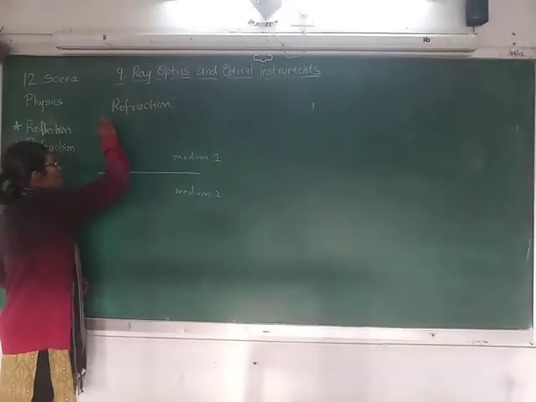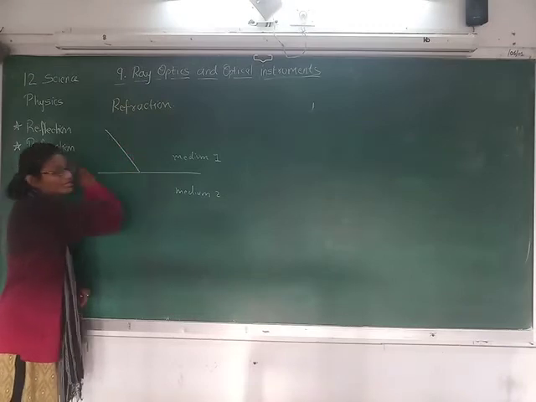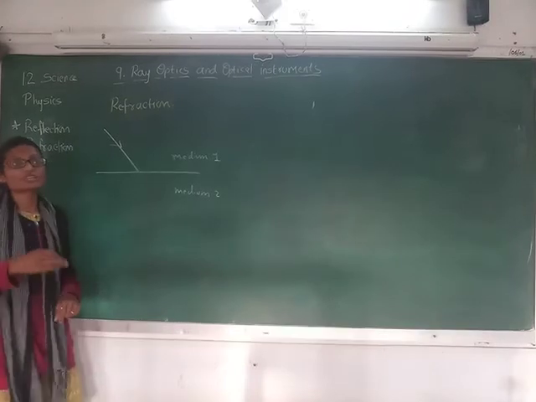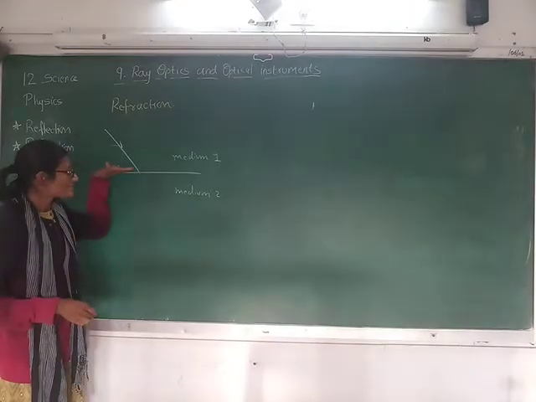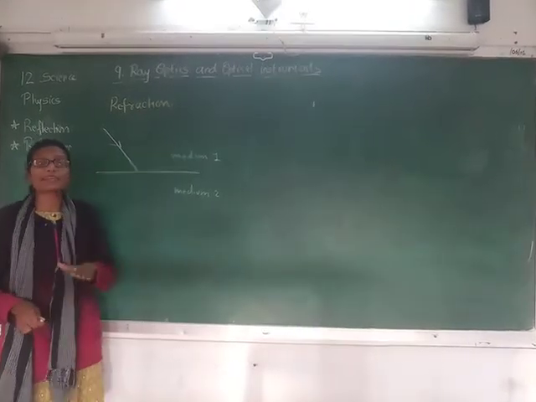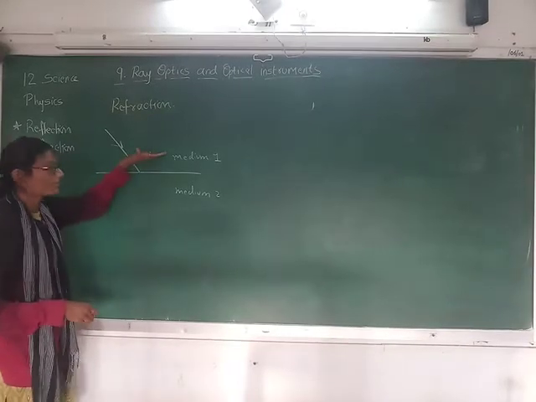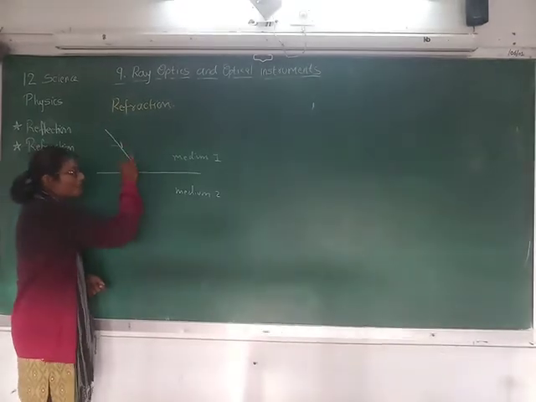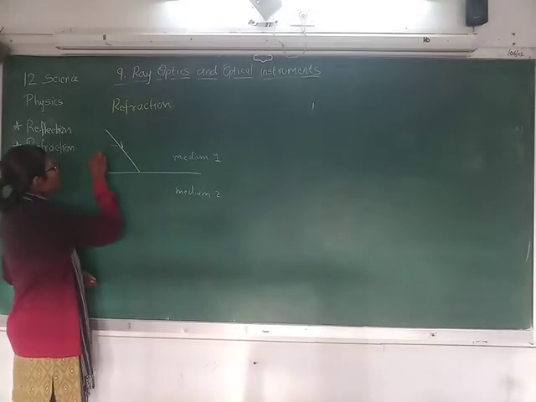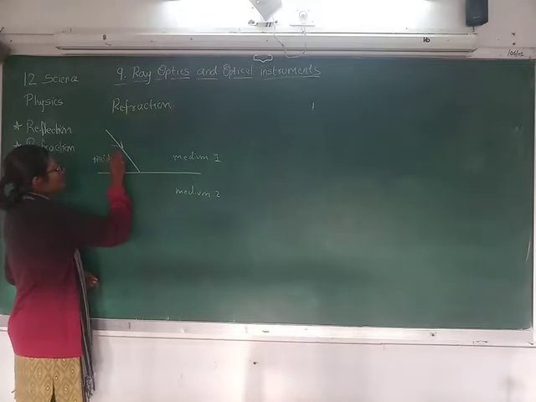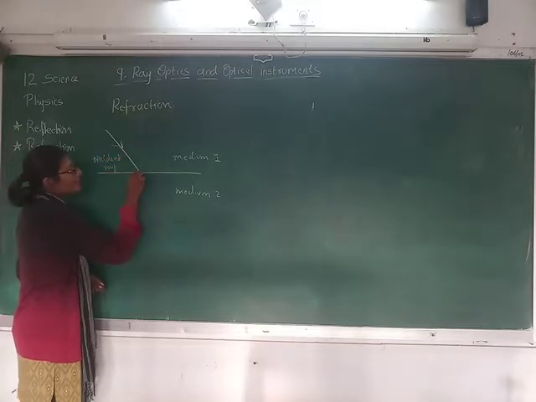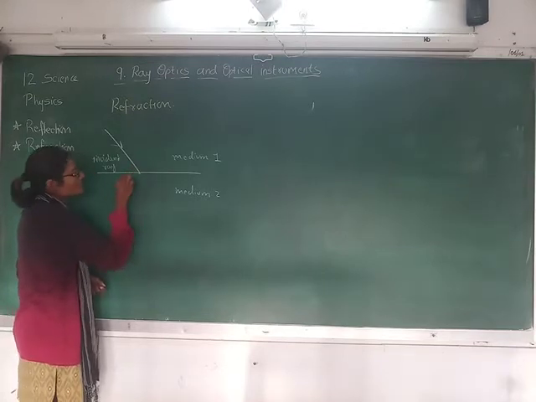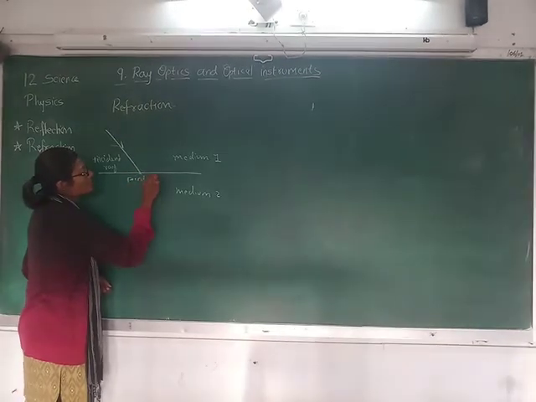So here, when a ray is incident on this interface of the medium, we are using the word interface because this is the point where it separates the two mediums, medium 1 and medium 2. So at this point, when the ray is incident, let us write this is the incident ray, and this is the point of incidence,